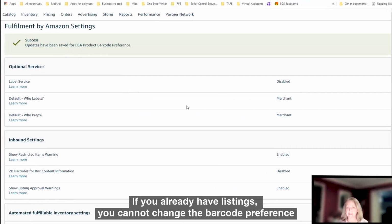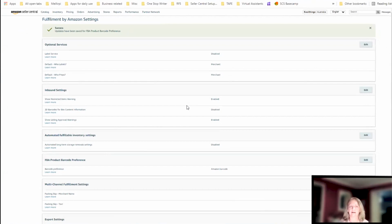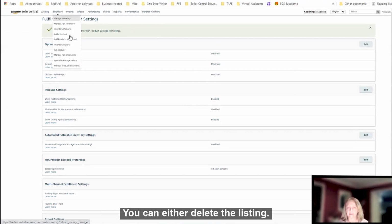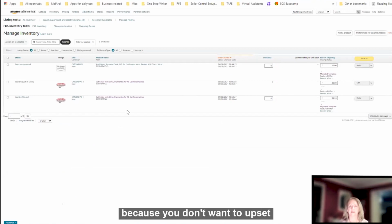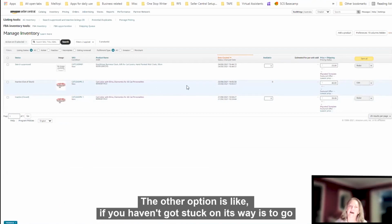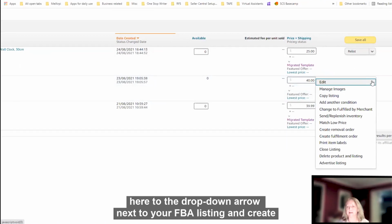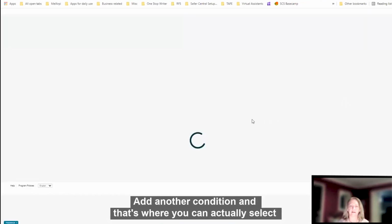If you already have listings, you cannot change the barcode preference for those existing listings. So you've got a couple of options there. You can either delete the listing, and please don't do that if you've already got stock on its way, because you've got a shipping plan. Once you delete your listing, the shipping plan's deleted as well. The other option, if you haven't got stock on its way, is to go here to the drop-down arrow next to your FBA listing and add another condition. And that's where you can actually select,